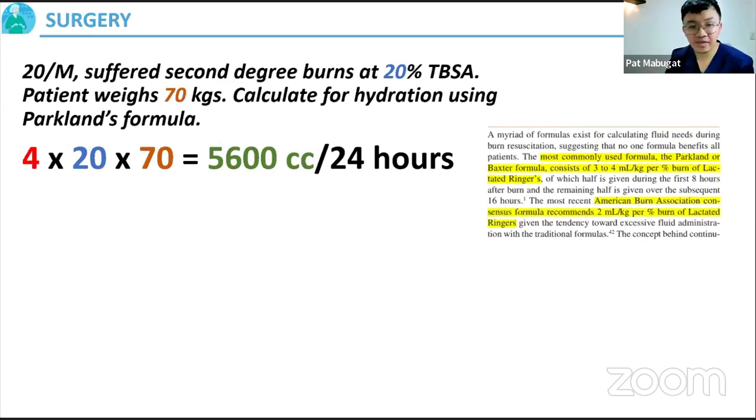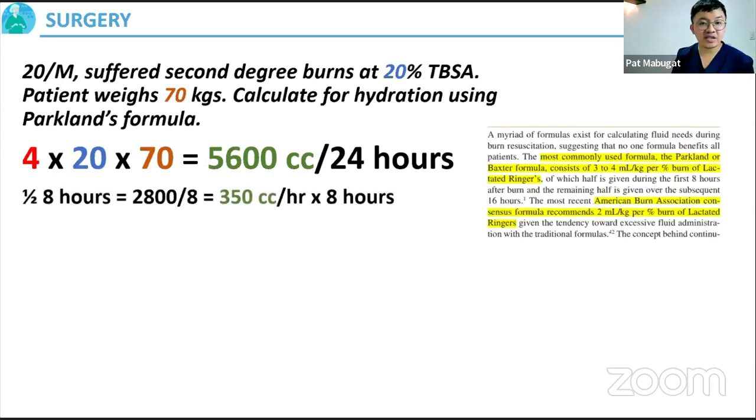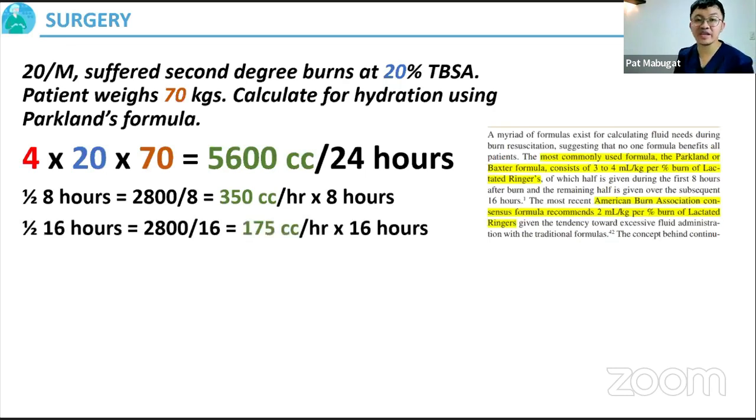So first 8 hours, you need to half your 5,600. So 5,600 divided by 2, that's 2,800. You divide it into 8 hours. That's 350 cc per hour for 8 hours. For the second half, the second 2,800, you need to divide it by 16 hours. You need to give it by 175 cc per hour for the next 16 hours. Okay? Now,